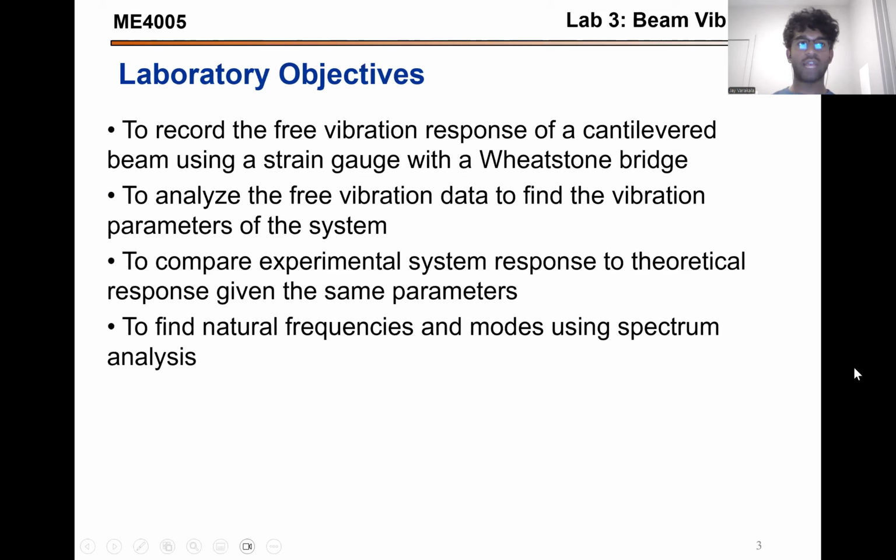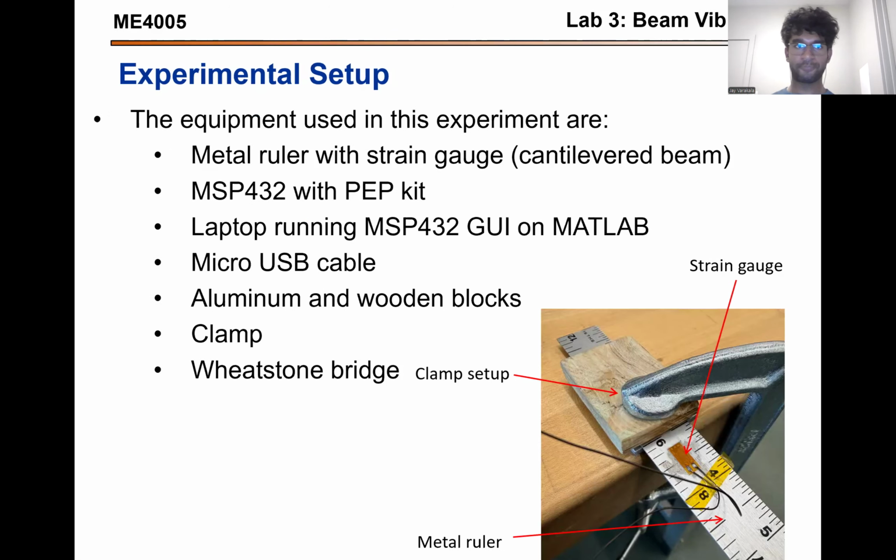The objective of this lab is to record the free vibration response of a cantilevered beam using a strain gauge with a Wheatstone bridge, to analyze the free vibration data to find the vibration parameters of the system, to compare the experimental system response to the theoretical response given the same parameters, and to find natural frequencies and modes using spectrum analysis. The equipment used in this experiment are a metal ruler with a strain gauge attached and a Wheatstone bridge,